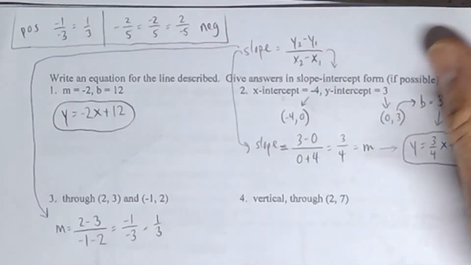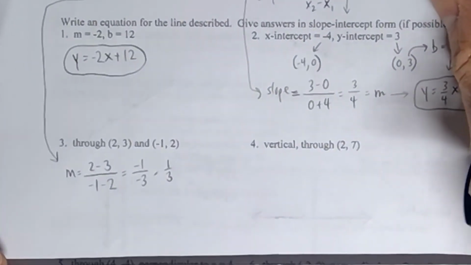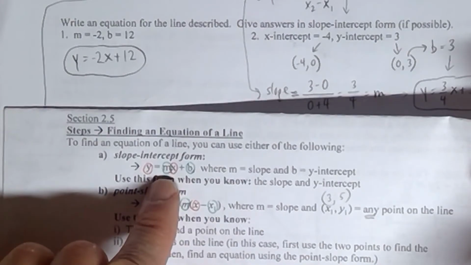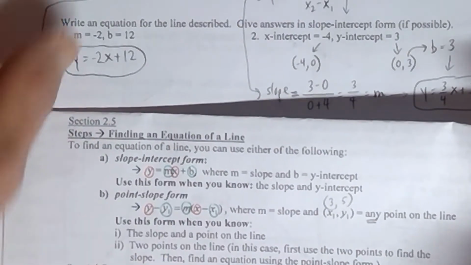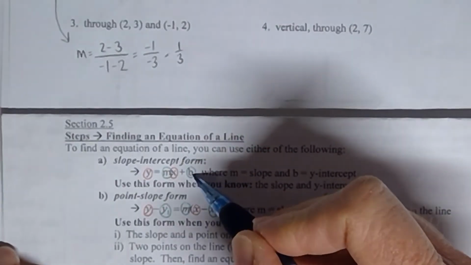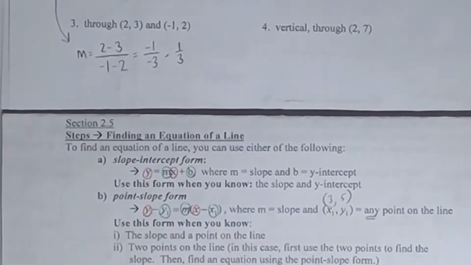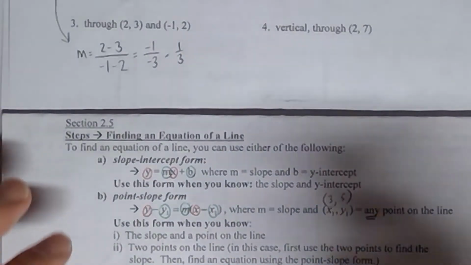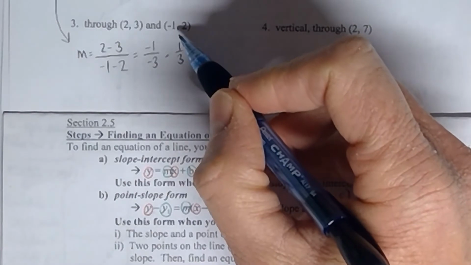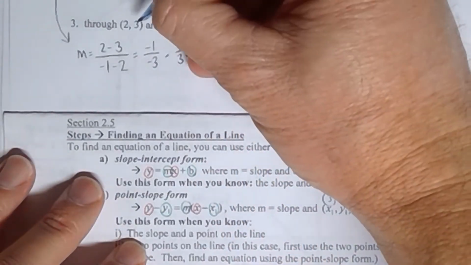Anyway, let's go back to the current problem, and notice again that we know the slope now. What we did in the last problem is that once I figured out what the slope was, I then knew what the b was as well, so I just plugged them in and the problem was done. The problem, though, this time is that none of these numbers are equal to b. And the reason why is that